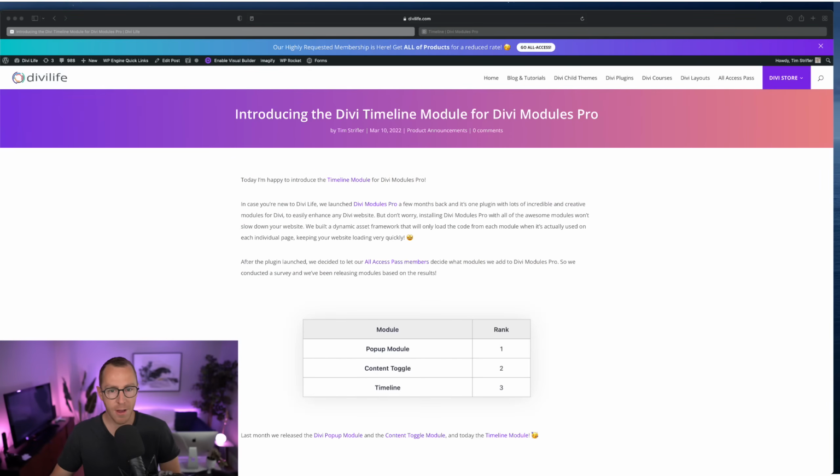So that's a really cool thing about Divi Modules Pro, is as we continue to add new features, functionality, modules, etc., there's no downside to you. It's not going to blow up the plugin, not going to slow down your site. So you can get excited about the features without compromising speed. So I'm going to go ahead and share my screen here,